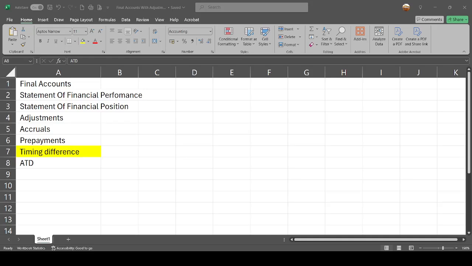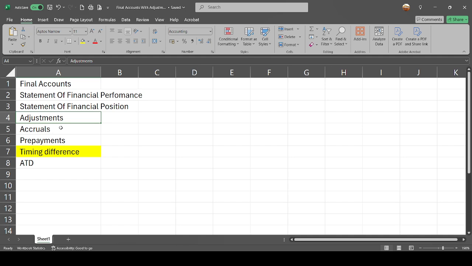Hello class, today we want to begin the last legs of our course this semester, and we want to now look at final accounts. I'd indicatively mentioned that we will be clearing them up, of course now with adjustments. We will be looking at the statement of financial performance, statement of financial position, of course